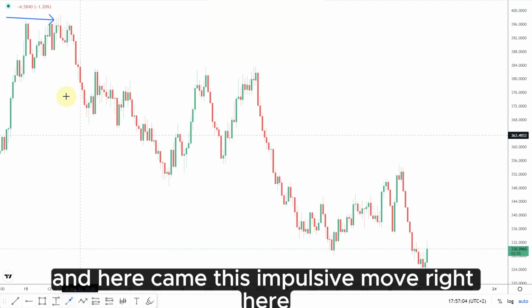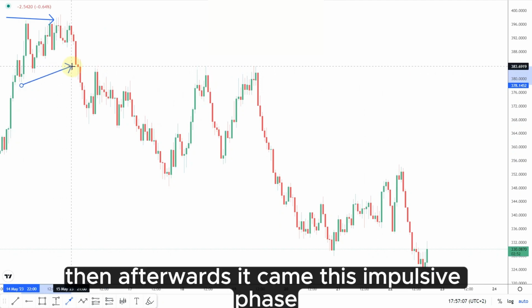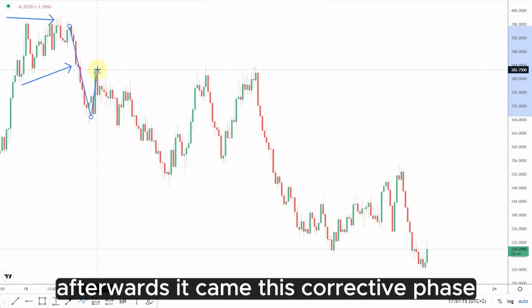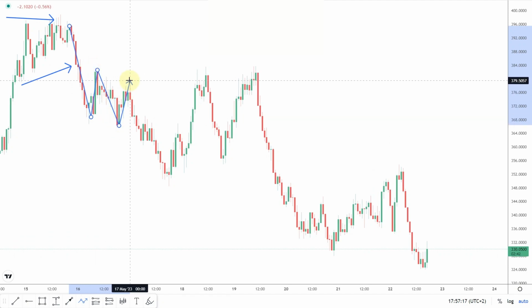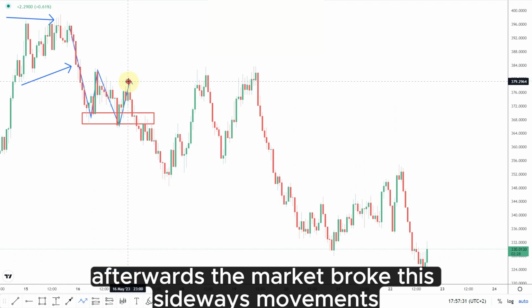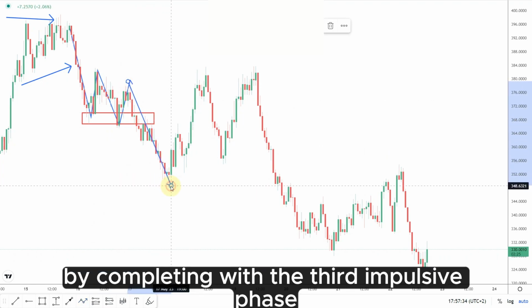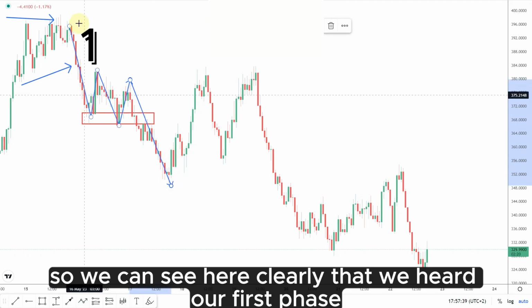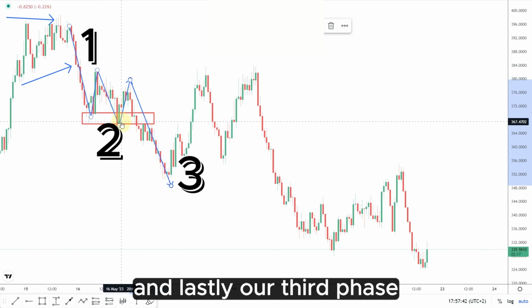And here came this impulsive move right here. Then afterwards, it came this impulsive phase. Afterwards, it came this corrective phase. Afterwards, the market broke this sideways movement by completing with the third impulsive phase. So we can see here clearly that we had our first phase, second phase, and lastly our third phase completing